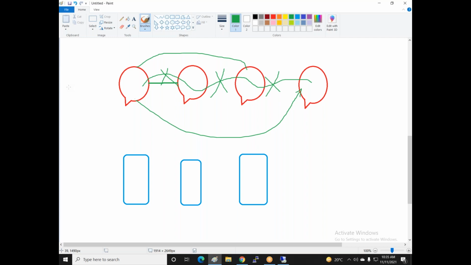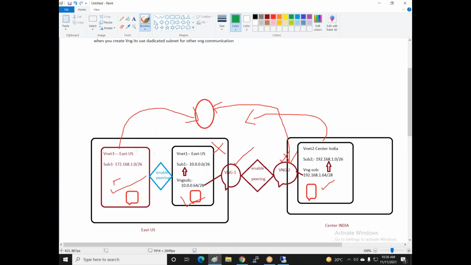If you go via another network, there is delay, and maybe there is some problem in VNet 1. So you can also find challenges everywhere, like if there's some problem here, the networks will not communicate with each other. That's why you should always use the dedicated link. Clear? Yes, clear.